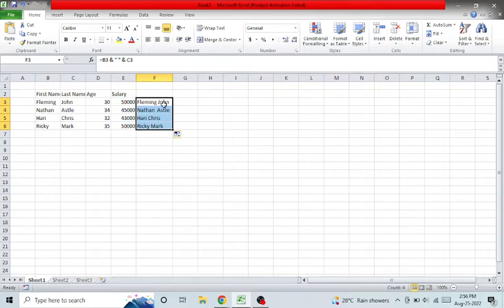See, and one more method is the CONCATENATE function. Using that function we can do the same. CONCATENATE,